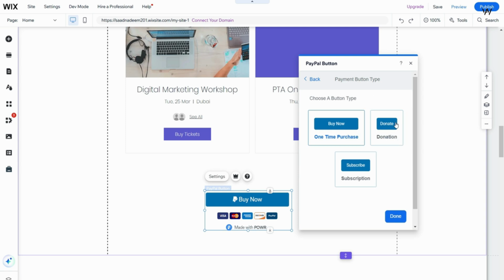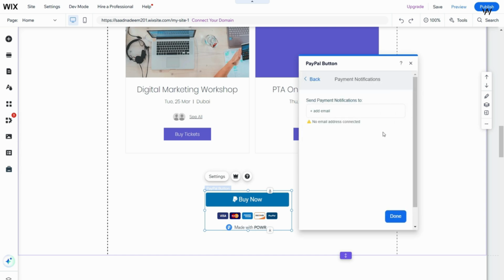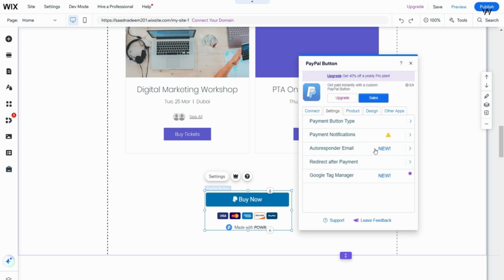Payment button type will be buy now. You can change it to donation, subscription, whatever you want, but in this case I'll keep it to buy now. Payment notifications, if you want to receive the notifications on a particular email, you can just add that email address here. Now autoresponder is a very good feature, especially if you want to share the link of a particular digital